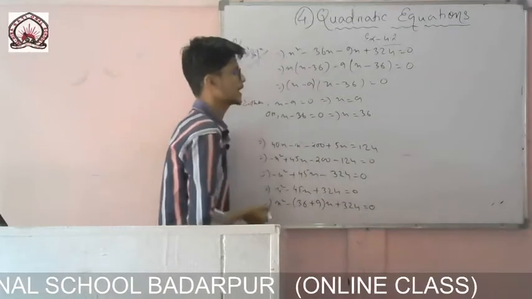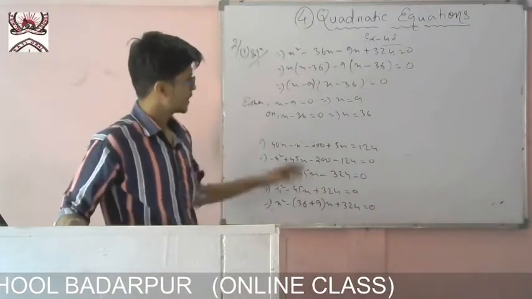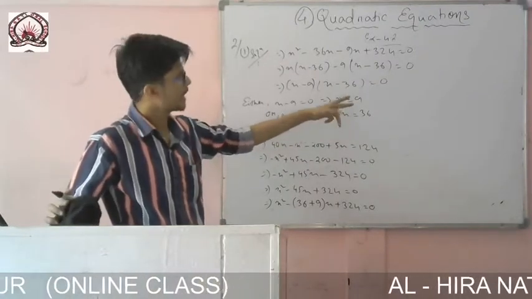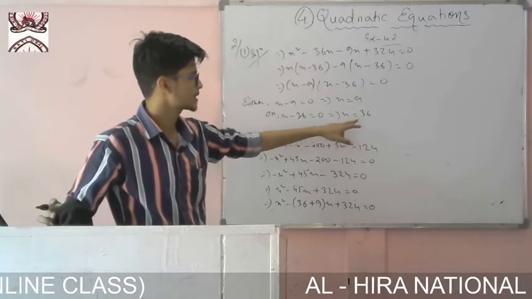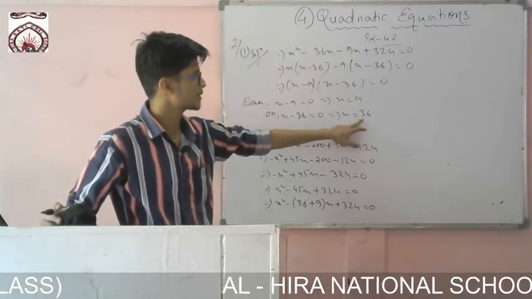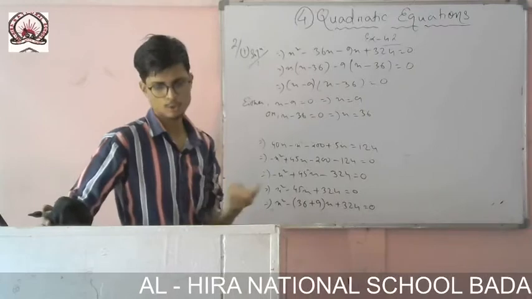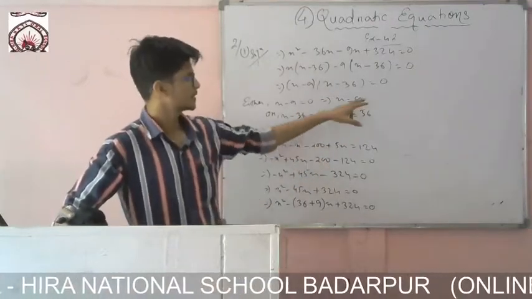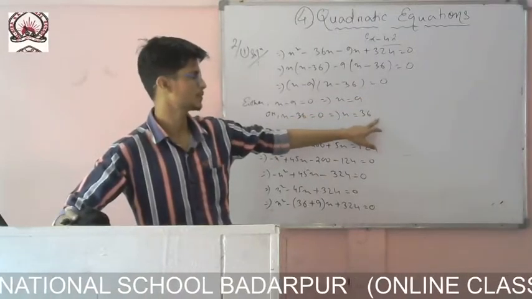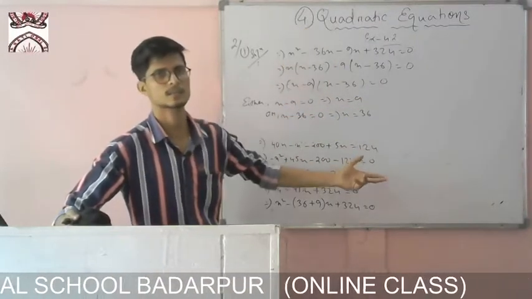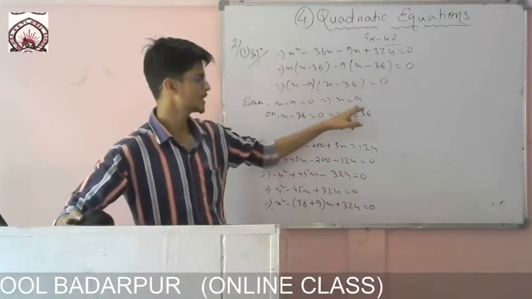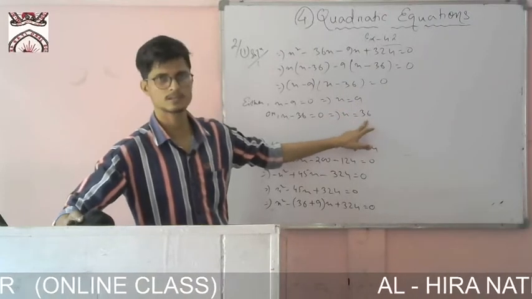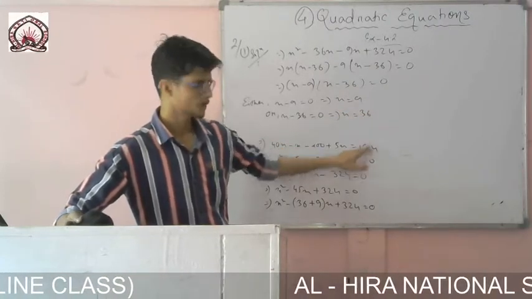That means, what happens, if this first one, what we have written, if John has 9 marbles, then Jayanti has 36. If Jayanti has 9 marbles, then John will have 36, because we don't know who has how many marbles. Here just a question is given like this, that the sum of their marbles is 45. So we have let Jayanti have x and the other one have 45 minus x. So if John has 9 marbles, then Jayanti will have 36. If Jayanti has 9 marbles, then John will have 36.